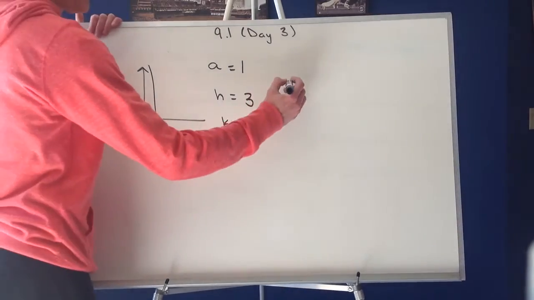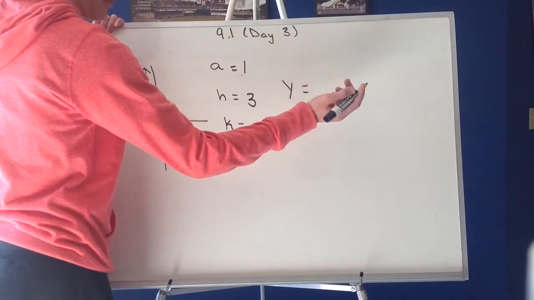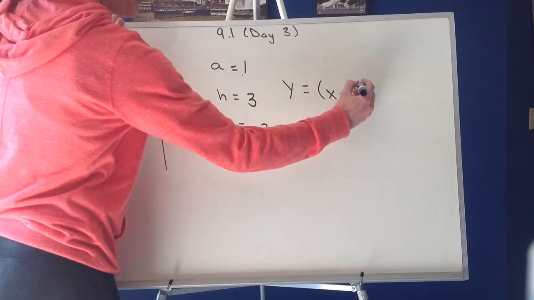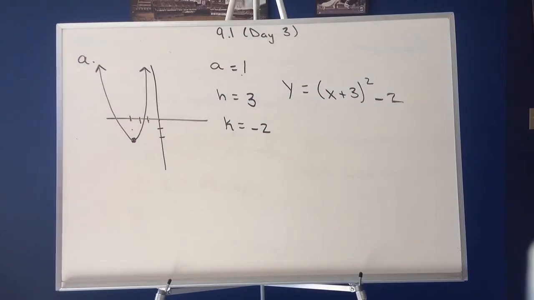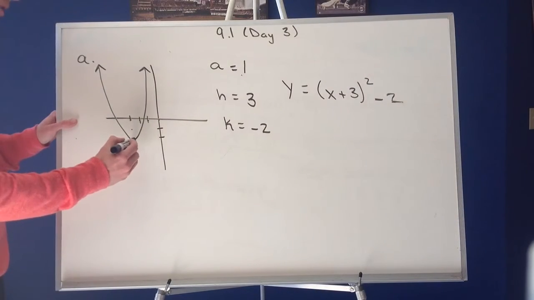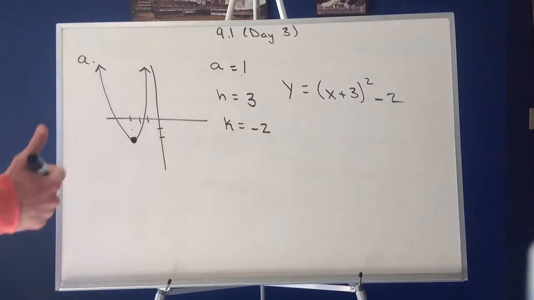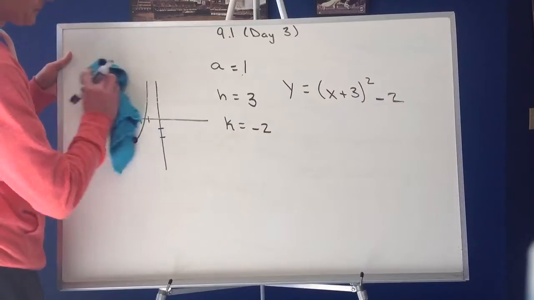Okay, so for this one then, when you write the function out, you'd have a 1 there, which we don't technically have to write. It'd be x plus 3 squared and a minus 2. So again, works the same way. You always want to find that vertex to determine your H and K, and then the A you can determine like I talked about previously. Okay, for B,